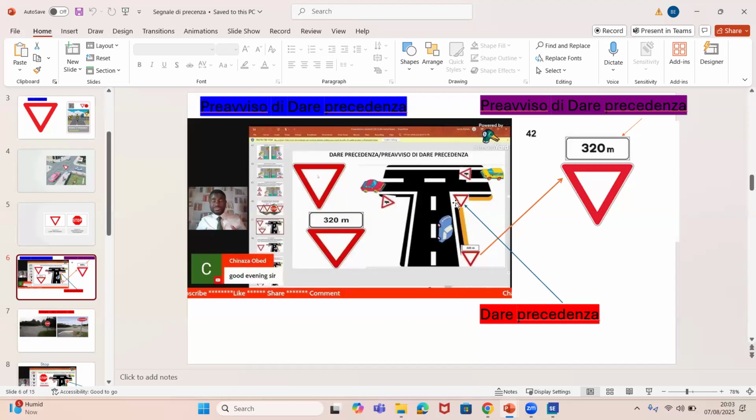That simply means you will see dare precedenza in the front. Preavviso simply means they are pre-telling you that in the front, you will see this particular sign, which we have already broken down, even though we've not started reading it, where you have to give way.